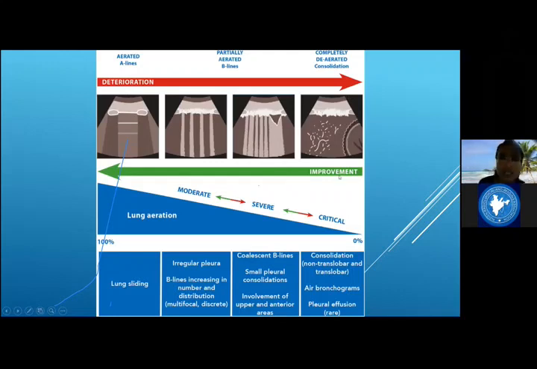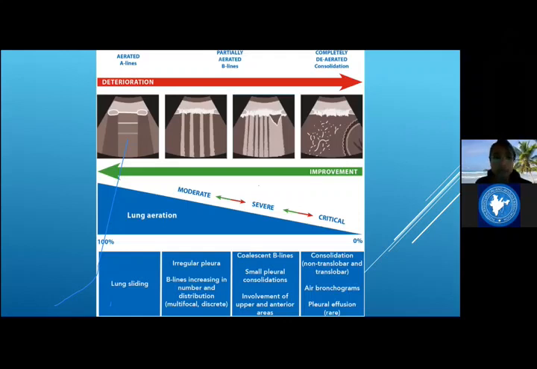The vice versa also happens. So this shows the improvement of the patient. If the patient has consolidation, then the number of B lines increases, and this is the normal aeration. So from this to this, we can see that the lung aeration is increased from 100% to 0%. So in lung ultrasound, clearly we can see all these findings, and actually it can help in the management of